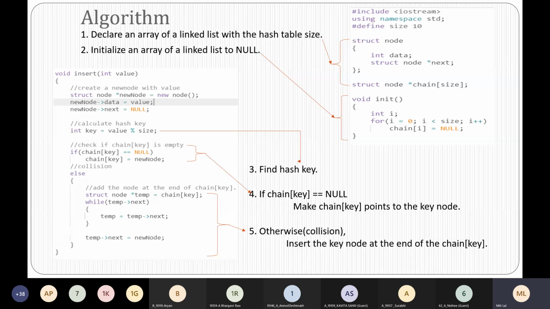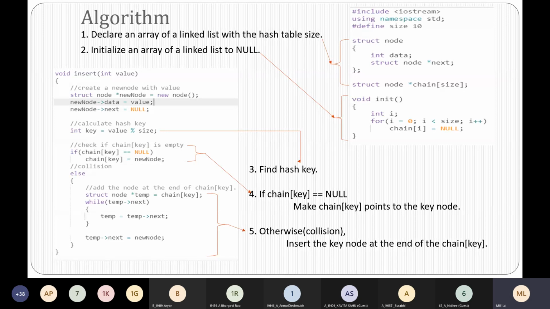So you have to traverse the linked list until you reach the end of the linked list, and you will assign the new node to the last node available in the particular linked list. So that is what is being said here. You are assigning the value to temp.